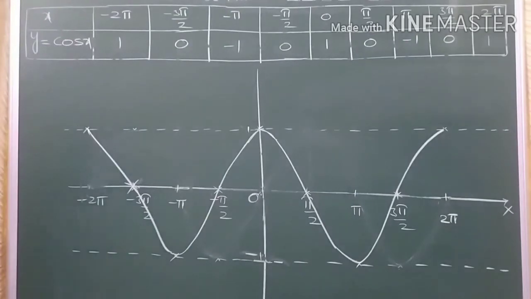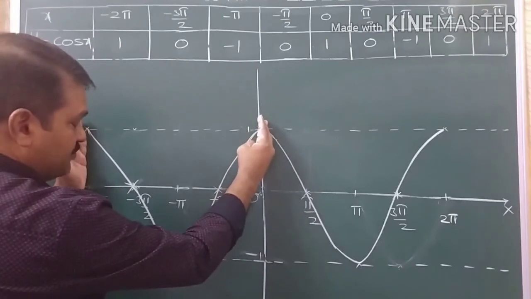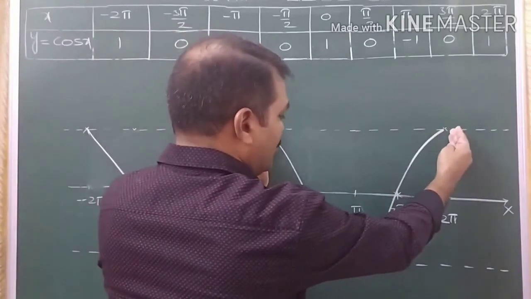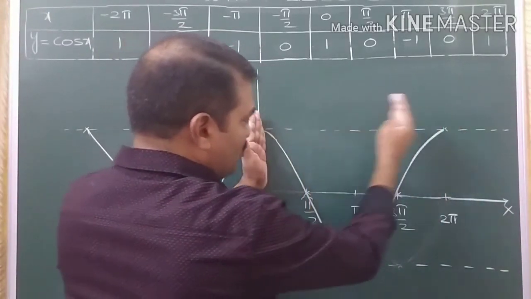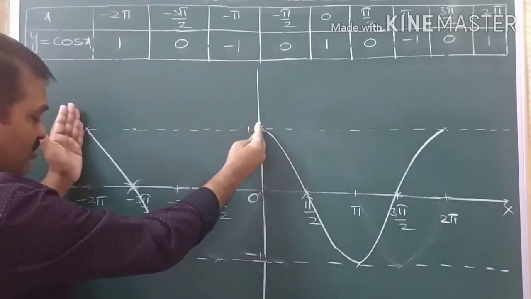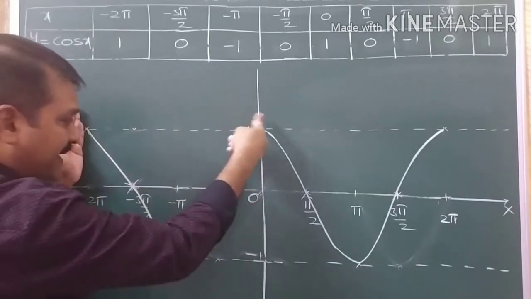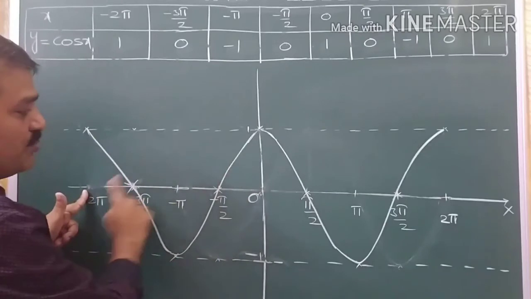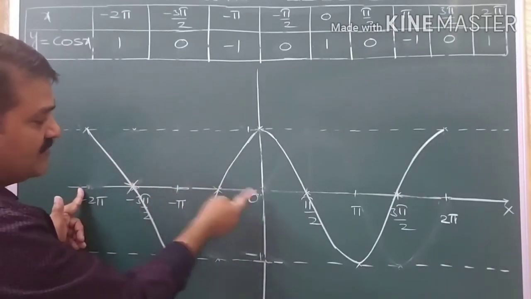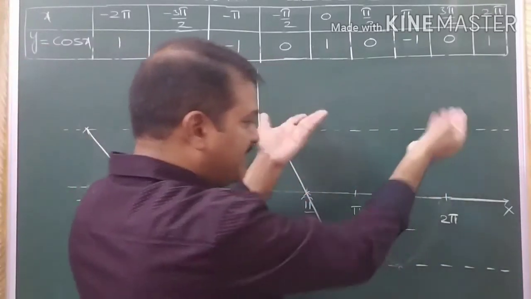Okay, and here also you can specifically see that between -2 pi to 0, whatever shape we are getting, the same shape you are getting for 0 to 2 pi also. Between 0 to 2 pi, what is the shape? It is a V shape, no? The same shape you are getting for 0 to 2 pi, -2 pi to 0. That means the graph is repeating for this interval of 2 pi. -2 pi to 0 means the interval is 2 pi only, no difference. So for this 2 pi radians or for this 2 pi radians, the graph is repeating.